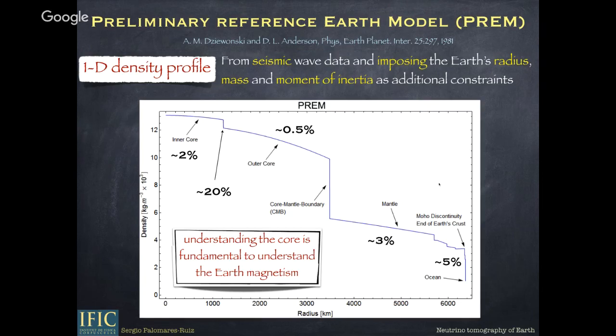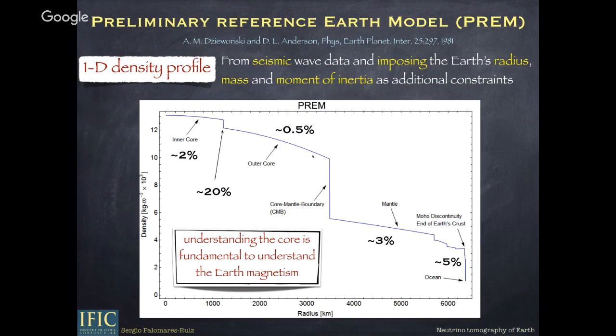But on average, we know the density is within a few percent. But understanding, for instance, the core, as I said before, is fundamental to understand the Earth's magnetism. And all geophysical methods do it in an indirect way. In many occasions, as I said, the propagation of seismic waves depends on the properties, temperature, density, and these things are not very well understood and have to be extrapolated from models from geophysics.